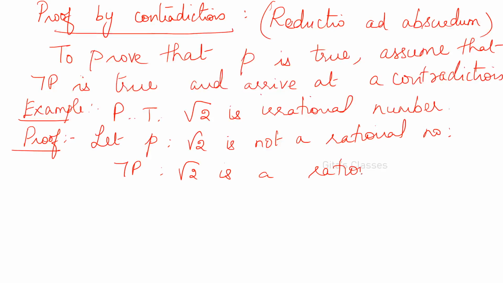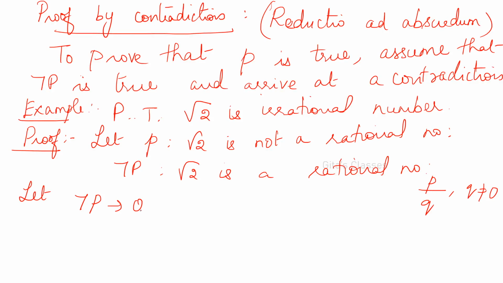What is a rational number? I hope all of you know the definition of a rational number. A rational number means you should be able to write it in the form of p by q, where p and q are integers with q not equal to 0, right? And when a real number is not a rational number, it is called an irrational number. Okay. So now let us assume that